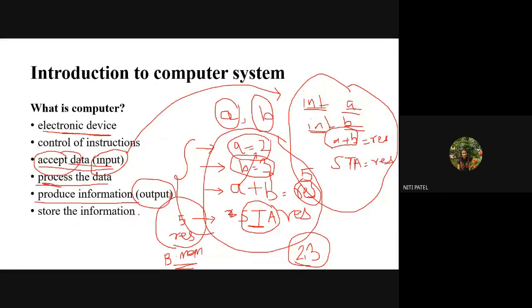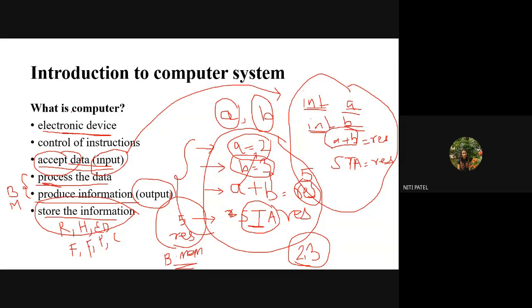And then the user will be allowed to store that information into any of the files, any of the folders, any pen drive, or any CDs or disk, wherever the user wants. So this final storage is either inside the RAM, or inside the hard disk, or on some external device. But before the output is produced, that is, in between processing the data and producing the output, the data is stored in the memory called buffer memory. So this is what we mean by a computer and how your computer functions.